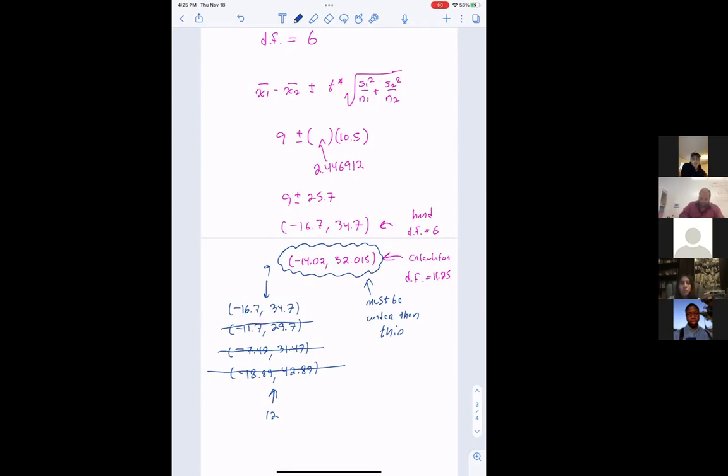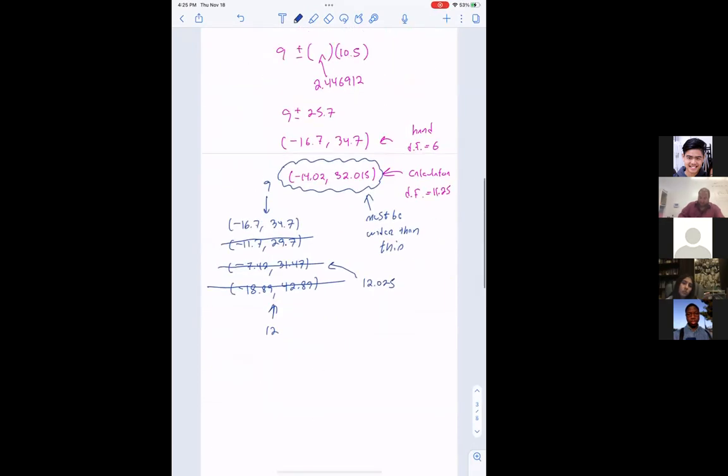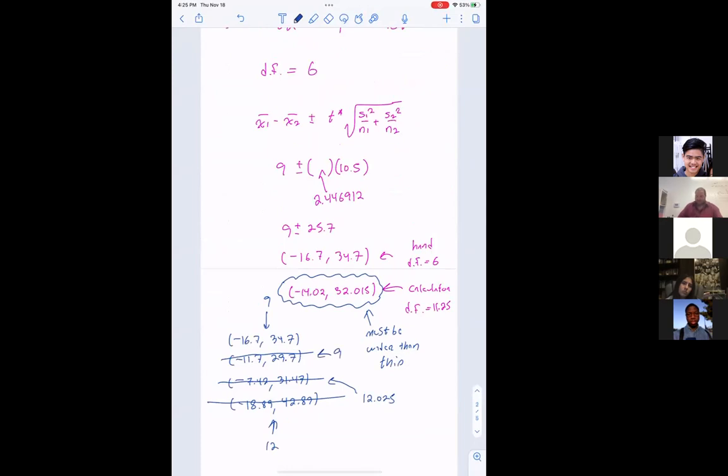And while we're at it, this one gives me 12.025, and the other one gives me 9. So 2 of them have a center of 9 and 2 of them don't. The ones that don't, I can throw away because the center has to be 9. And of the 2 that are 9, the value that I get has to be wider than the value of